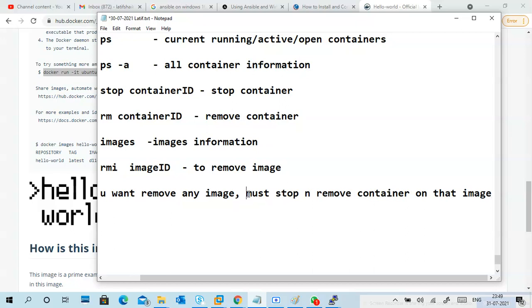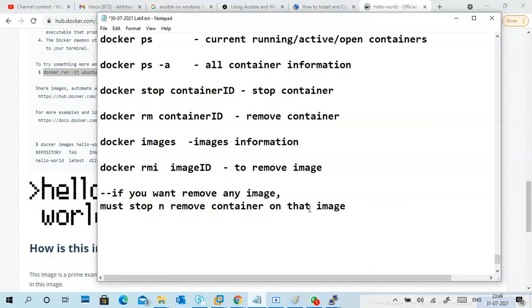We must stop and remove the containers on the image, then we can delete the image. So that is the condition. If you want to do this, you must stop the container. This is the main helpful command to see it.